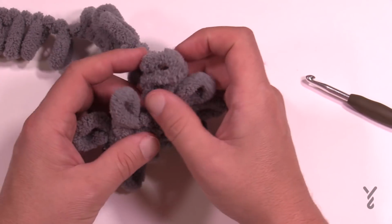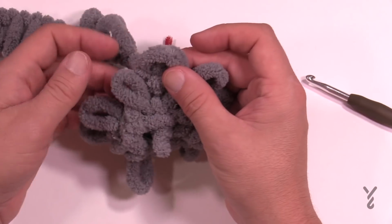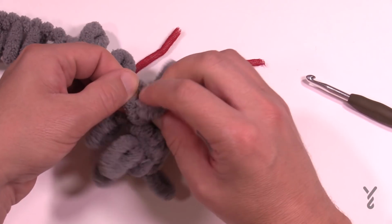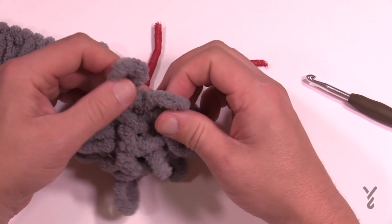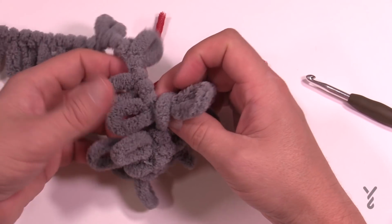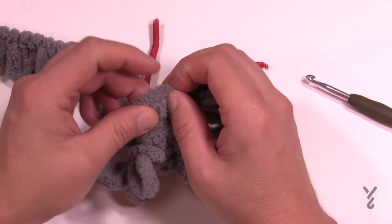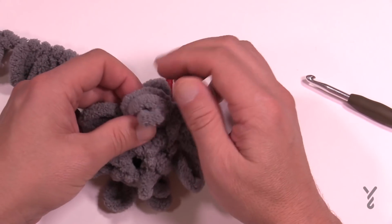You're just gonna move to the next 2 and put 2 loops into each one of these, going all the way around for round number 2. See? Once you get used to this product, you will understand the spacing of these loops, which makes it a lot